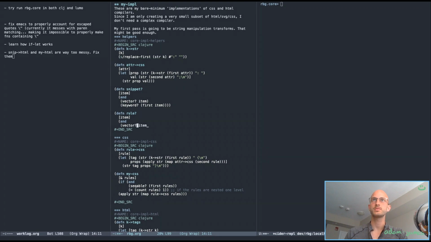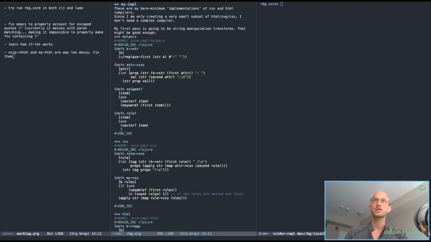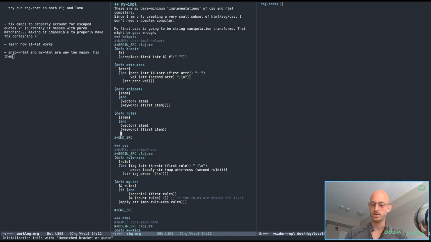So the item has to be a vector. Keyword first of item has to be true, and map of second has to be true